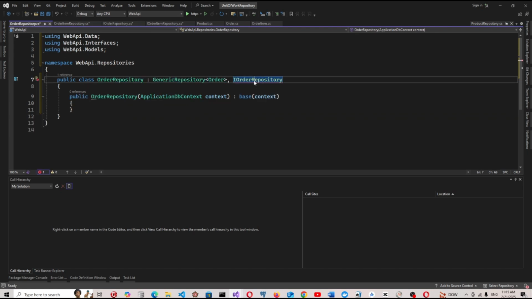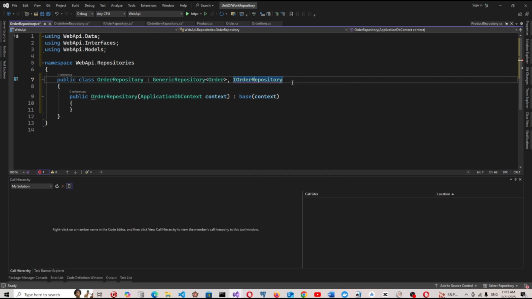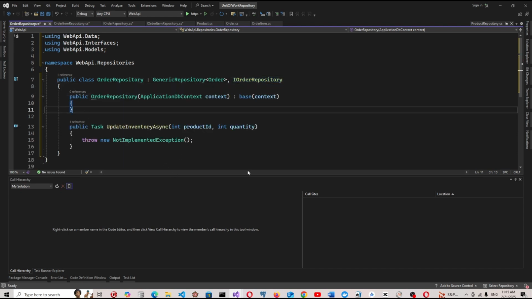So we need to implement interface of, and this order repository,